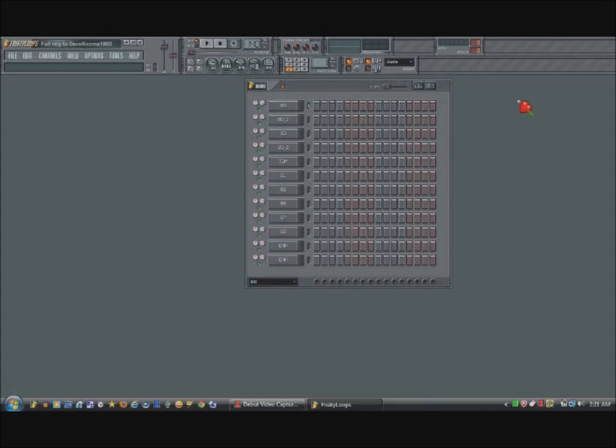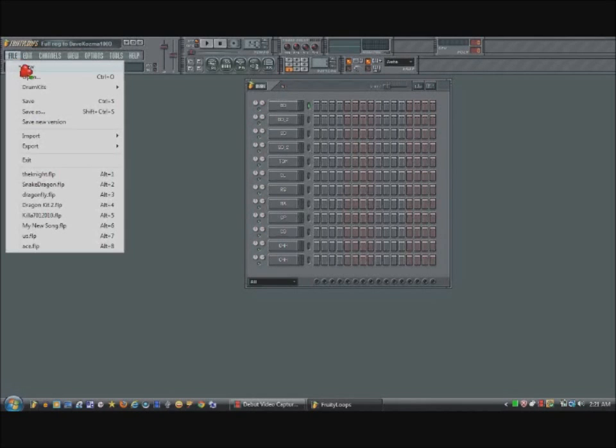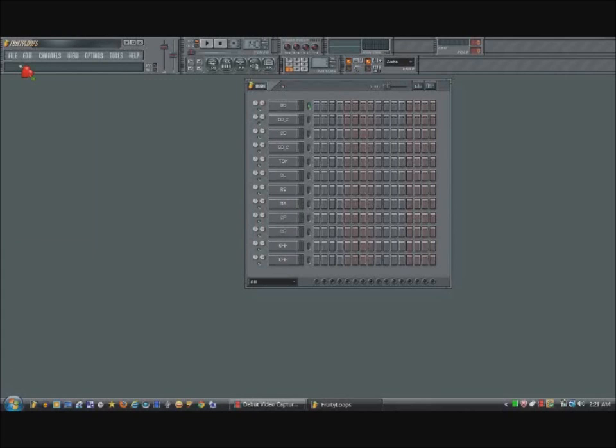Okay, we're gonna go over Fruity Loops basics real quick. Alright, we're gonna start with opening a new file. I'm gonna go to the file menu, click new, and it has already opened a new